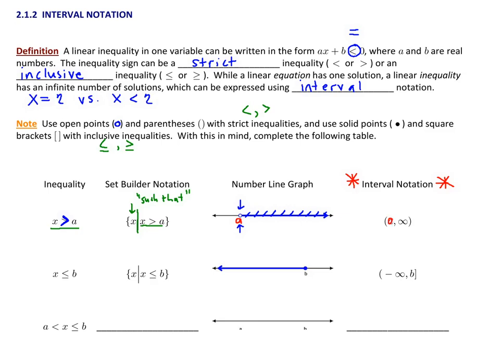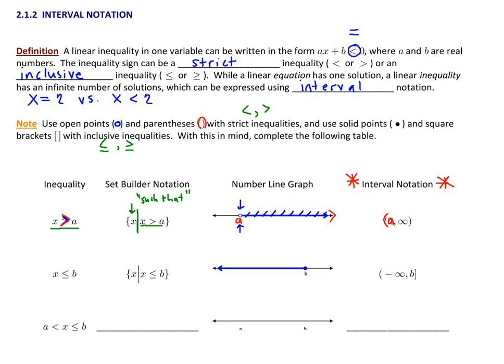So we have that right here. But because we're dealing with a strict inequality, we're going to pair that with a parenthesis. Remember, we use open points and parentheses with strict inequalities. So the leftmost value is A, but the parenthesis indicates I'm not including A, I'm just including numbers greater than A. And then the rightmost value on this graph, well, there's an arrow there that indicates that this pattern continues